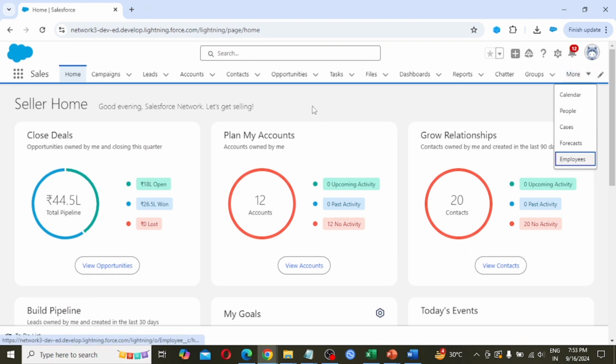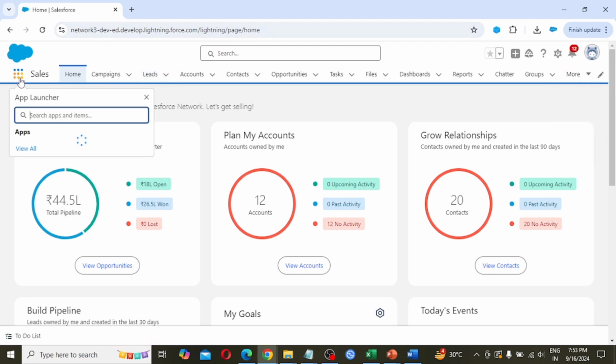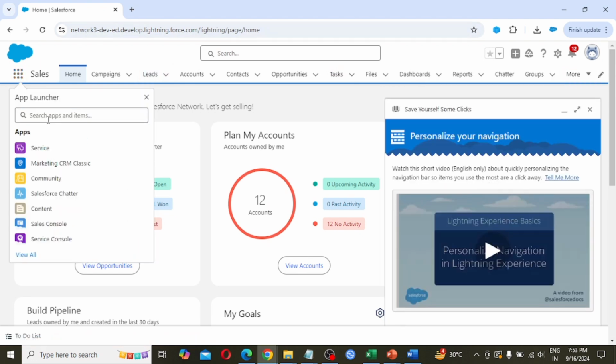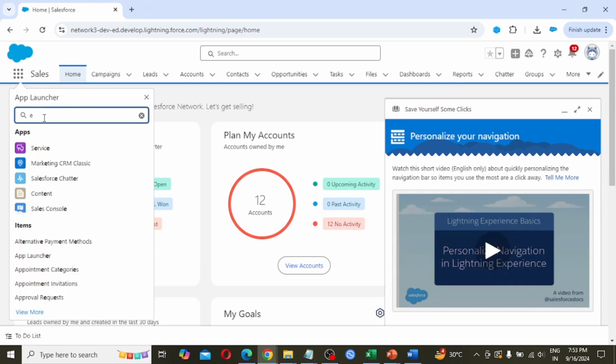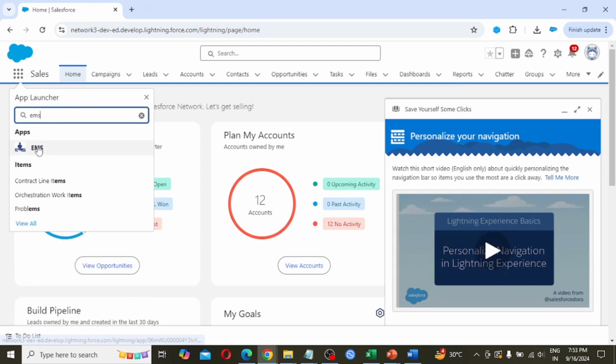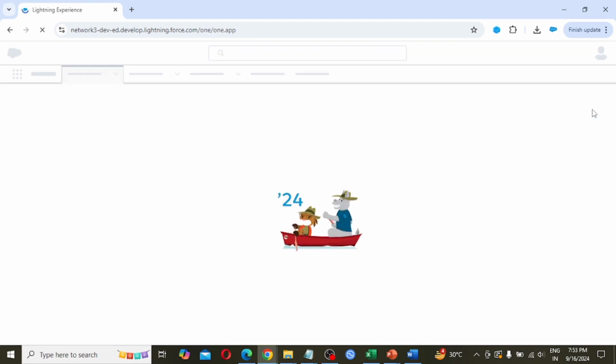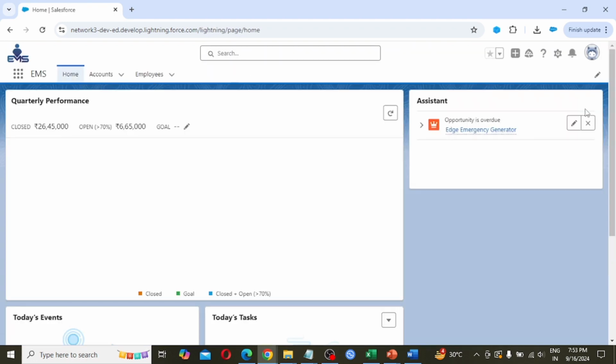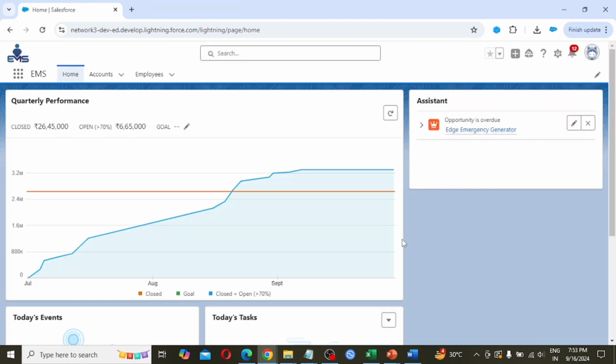For all the applications we had checked this object, so it is visible for all the applications. So like this we create the custom object.